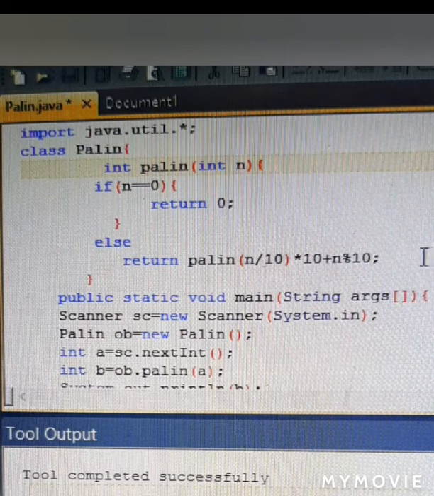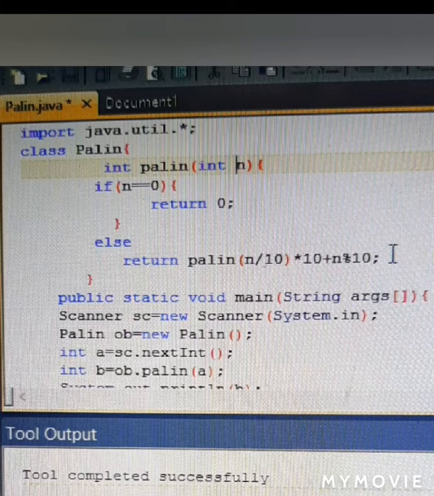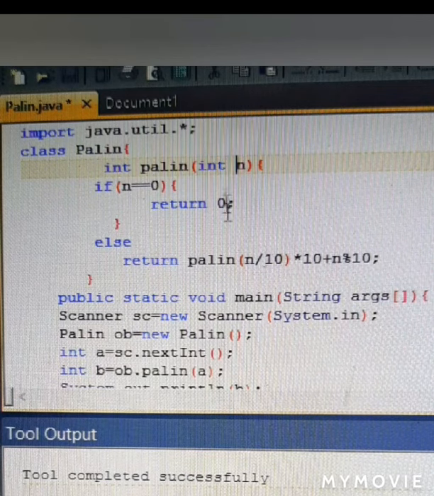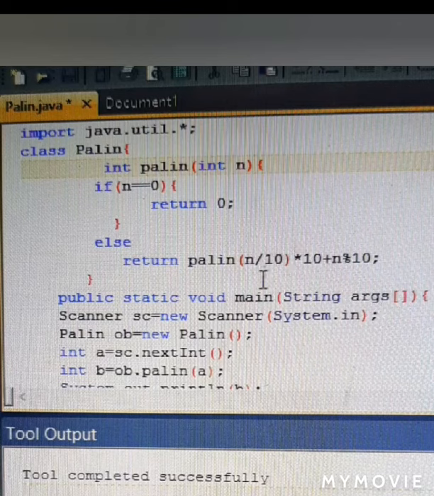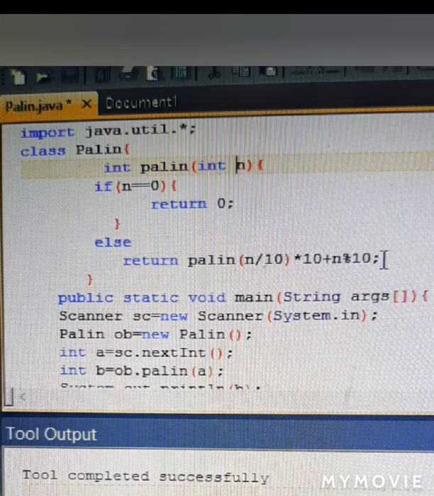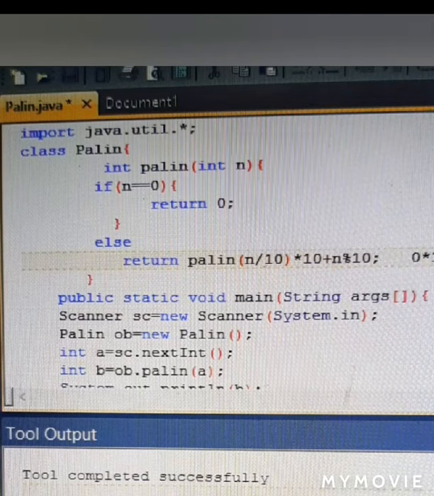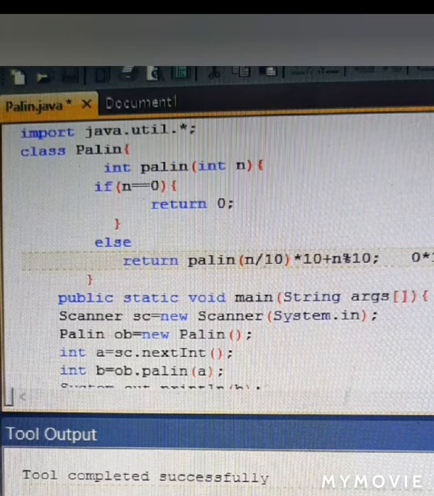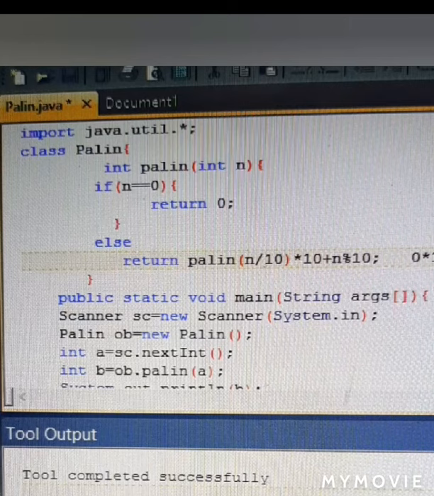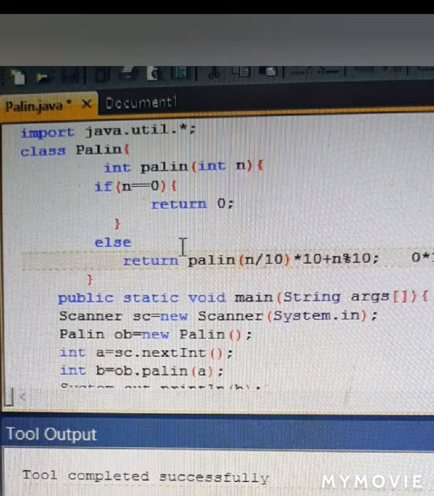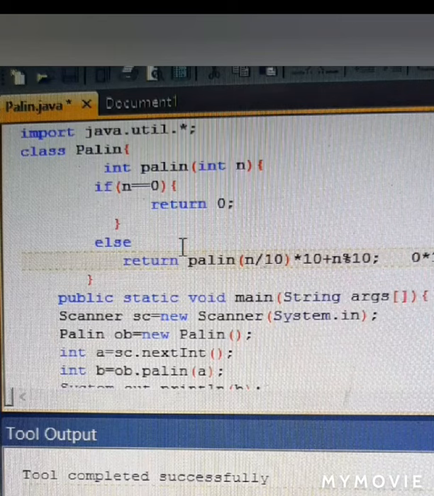Now how does it come out to be 121? After the quotient 0 has come, 0 into 10 is how much? 0. And what was the remainder when 121 was being divided by 10? That is 1. So 0 plus 1 will become 1 in the memory. That means it will be 0 into 10 plus 1, which will become 1. After that, in the next step, it will go back, because whatever quotients it was calculating, like 121 was being placed, and after that 12, then 1 as a quotient.